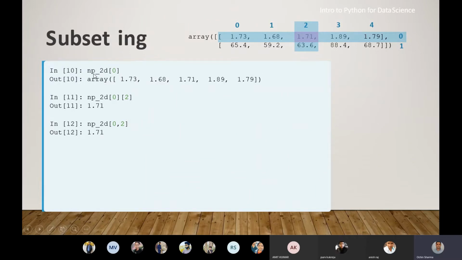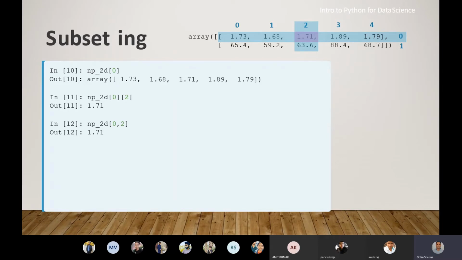See, if we print np underscore 2d in square bracket 0, that represents that we want to print the 0th row, but we didn't mention the column, so it will take all the columns. So simply it will print all values of row 0. You can see the output in line number 10, and similarly in line number 11 we can print any particular index.